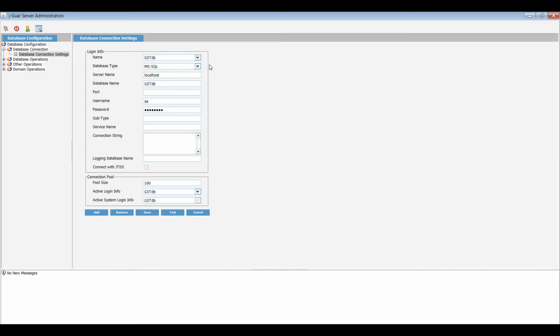For adding a new connection, you can go below and click on the add button. One screen will get displayed, one blank screen you can see. Here you can enter all your connection details. I am entering my database name as db test. Secondly, we need to choose a database type. Here you see the types of database in the list. You can select your database based on your requirement. So I am selecting SQL Server